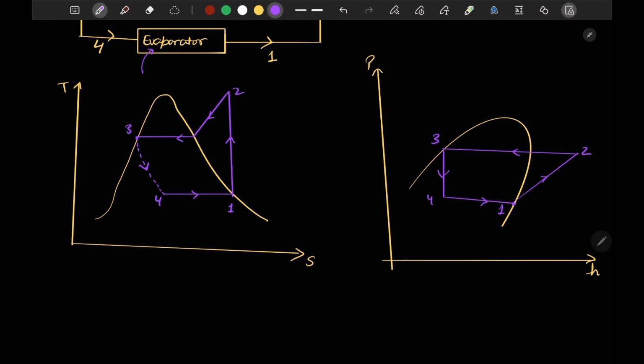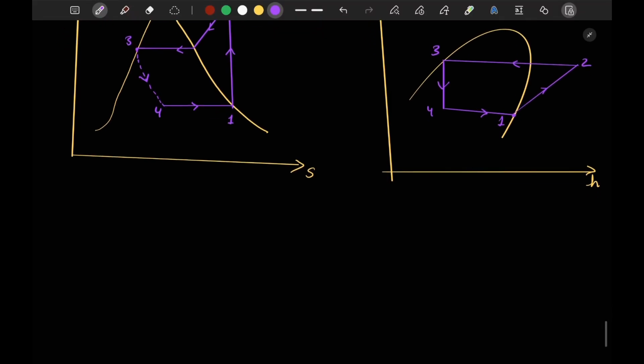One thing I would like to mention here is that 3 to 4 we have shown in dotted form. For irreversible processes we show them by dotted line, and for reversible processes by continuous line. But here our enthalpy is constant along the process, and we know the state at each point, so we have drawn a straight line here. I hope you get this point.